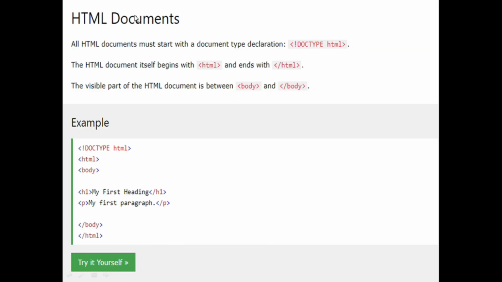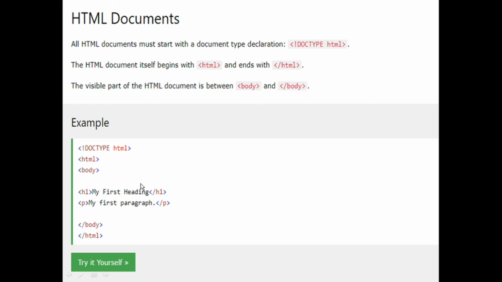The next topic is HTML documents. This we have seen earlier, the same thing is being repeated. They have told that an HTML document has to begin with the doctype HTML declaration, and the HTML document itself begins with the html element and ends with slash html. The visible part of the HTML document is between the body and the slash body.